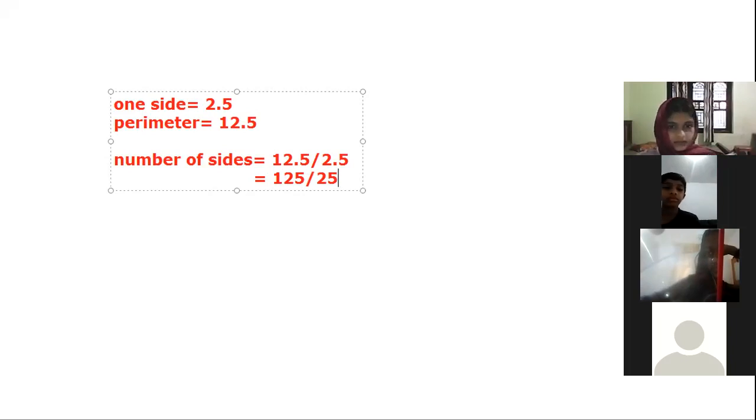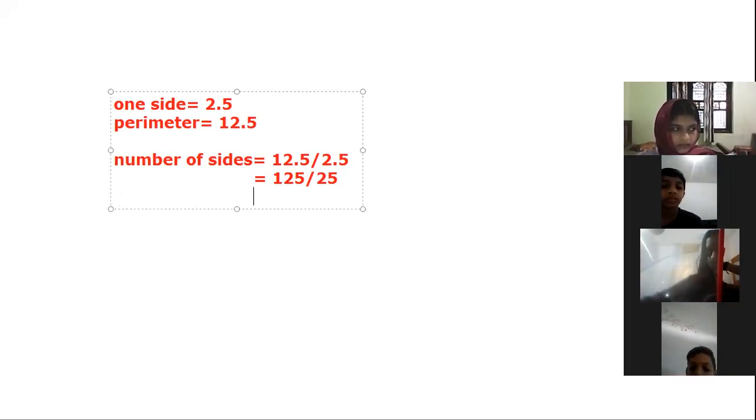It should be 5. It's equal to 5. Then how many sides are there for the polygon? 5. Then what is the name of the polygon having 5 sides? It's pentagon. Hexagon is a polygon having 6 sides. In the case of 5 sides, it should be pentagon. Similarly, you can see another example in the next page, that is example 11.